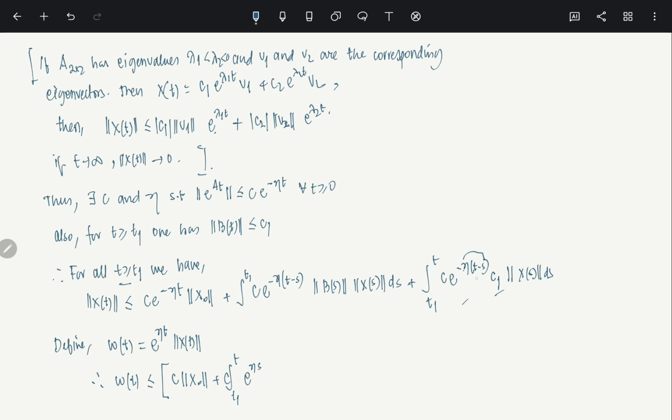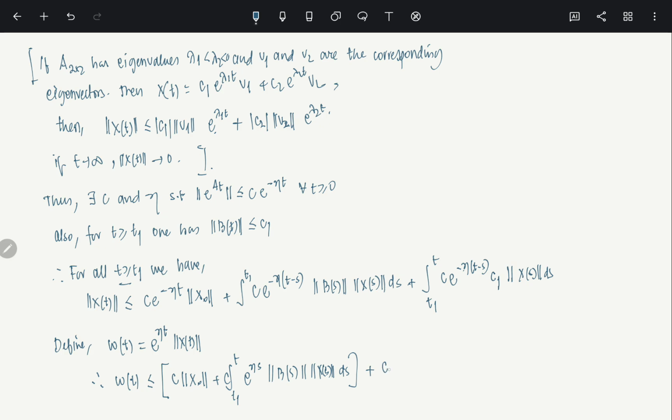So e to the power eta s comes here, times b of s, x of s ds. I am looking for this term. So these two terms together plus